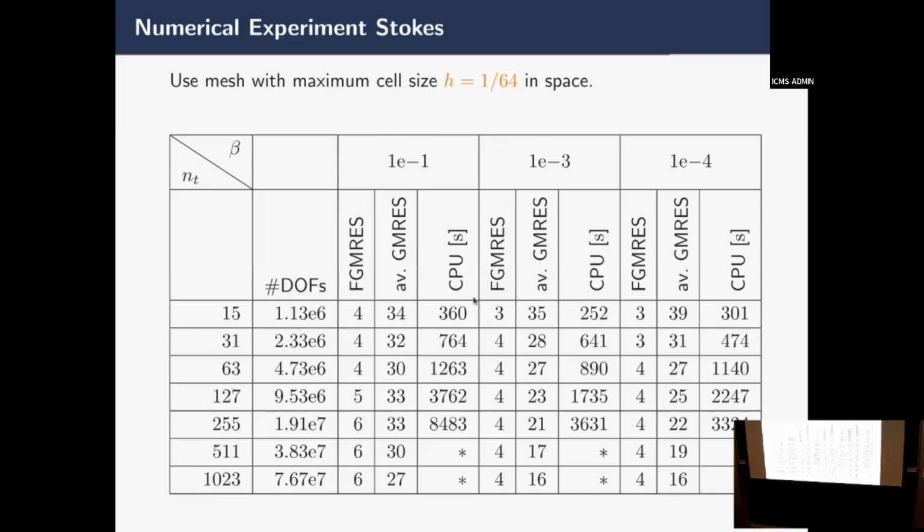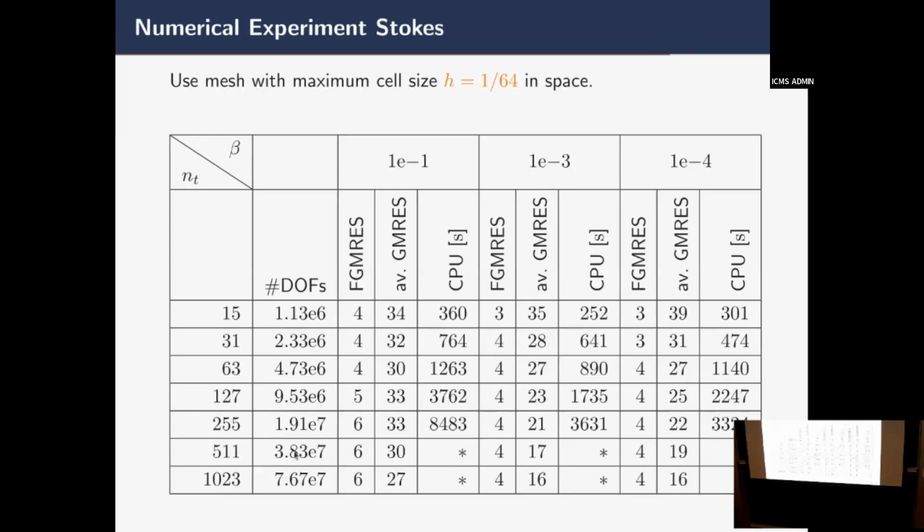And here we have the CPU time, and it's all in serial. We're going to get to the parallelization part later. And where it says star, that's just when it took a bit too long for me to run it in serial, and just didn't get enough resources. So these results are based on parallel